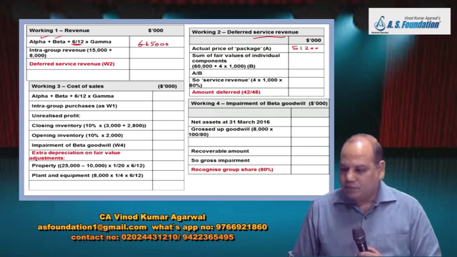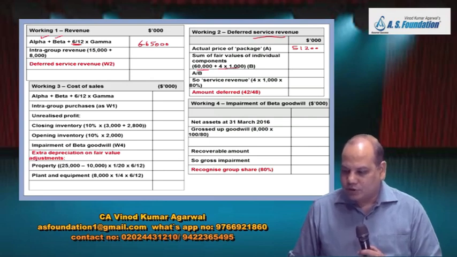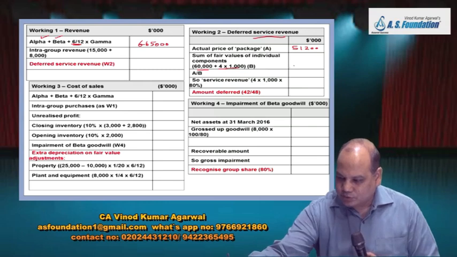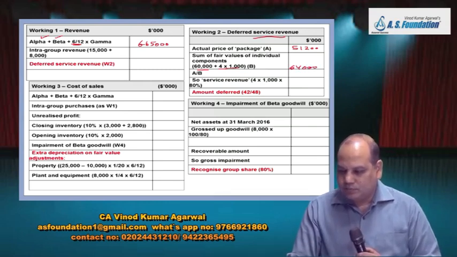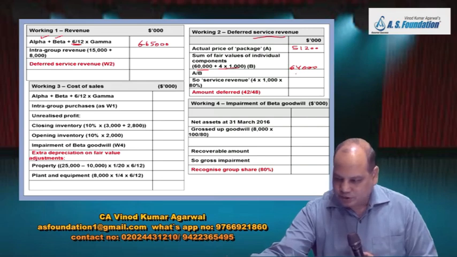And sum of the fair value of individual component, 60,000 for machine, 4 into 1000 for service, so it comes to 64,000. So what is the proportion of actual to total? 80%,